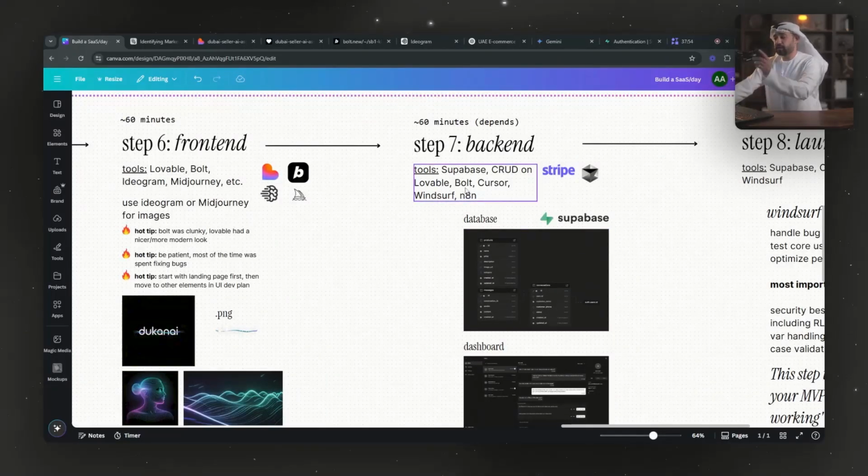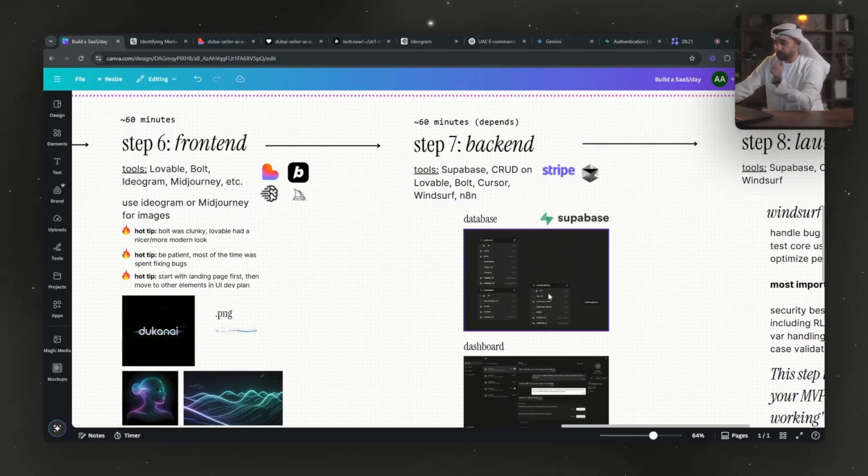I planned it again on ChatGPT. Told it, okay, now I want to build the backend. I need a place for it to store the logins, the authentication, the passwords, and so on. I want a place to store the products that I would have, the functionality of this MVP that I'm trying to build. And I want it to be suitable. The routing, for example, the buttons take me to the right screens and everything else. So I started building everything out, and got the prompts as well in terms of skeletons, and used those prompts.